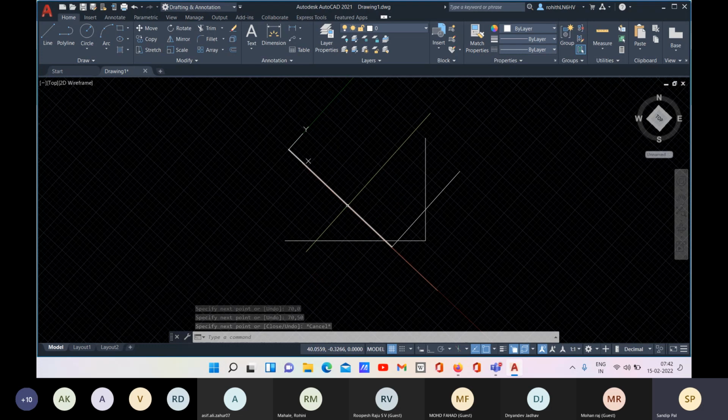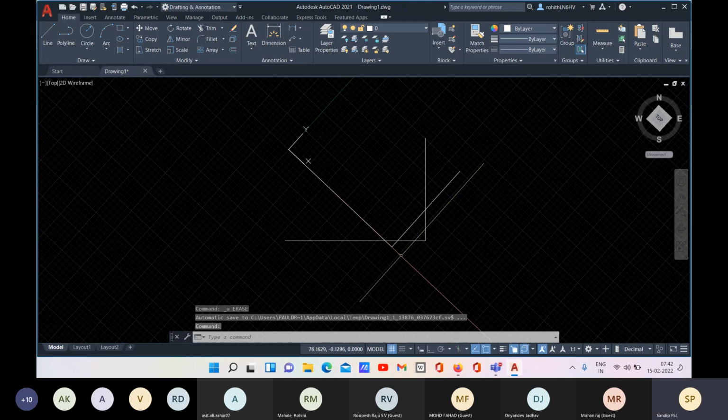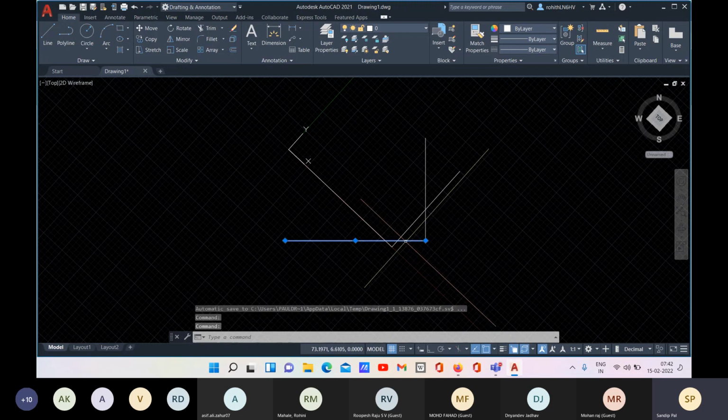Suppose you are changing the UCS, but for a shorter span you need to draw something as per WCS. How can you draw that? So first here, let me